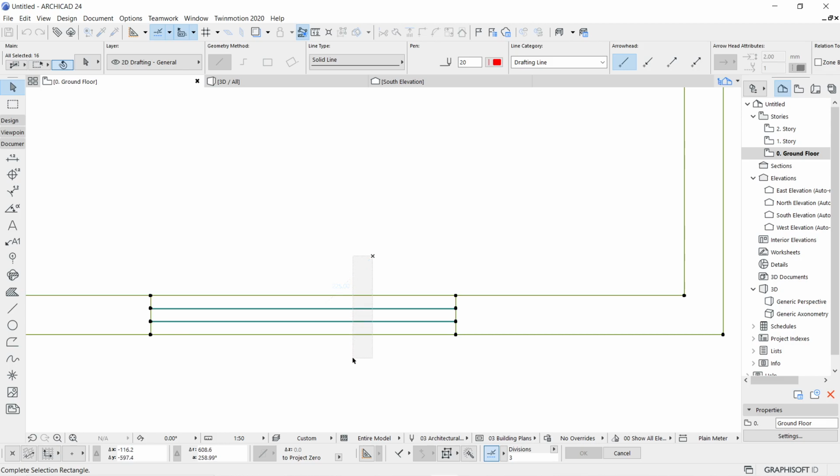Because it's partial, I don't have to worry about selecting them fully inside it. Even if it is just cutting through those objects which are targeted to be removed, that is okay. So I'm just going to complete this rectangle. Moment I click, you will see that all these four are removed, so all selected 12.